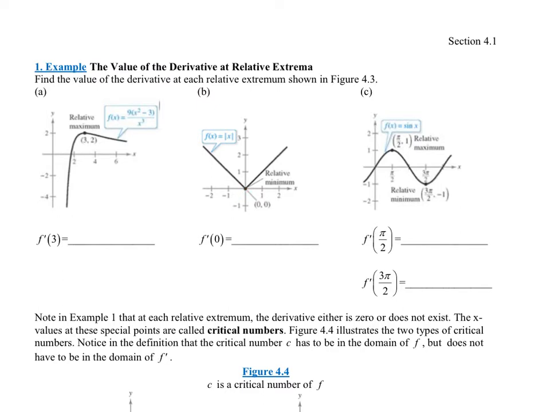Well, again, that's a sharp corner, so we know the answer to that already. I'm not even going to do the math. I know that the derivative at 0 does not exist. Okay, I know that for sure. All right, and then at c, you see both a maximum and a minimum, and it's asking what's the derivative